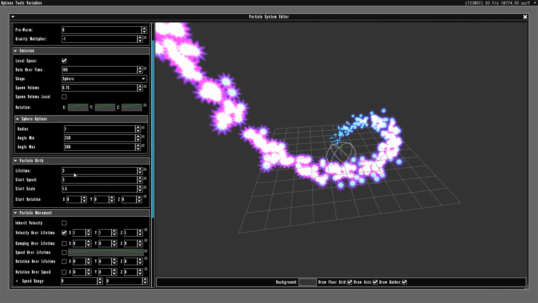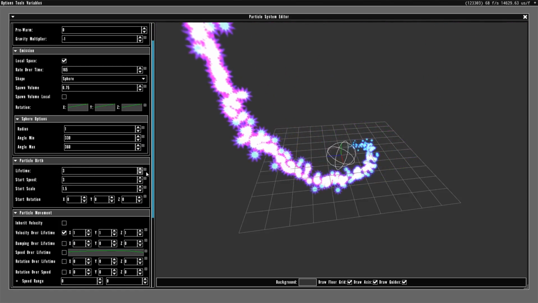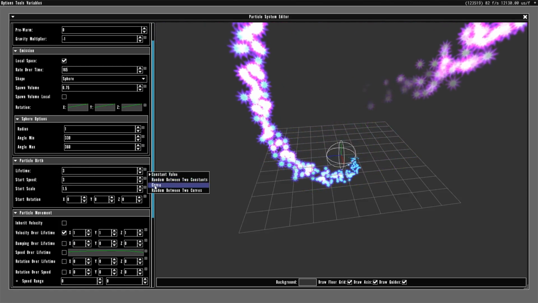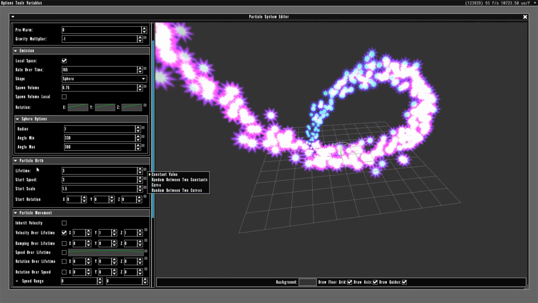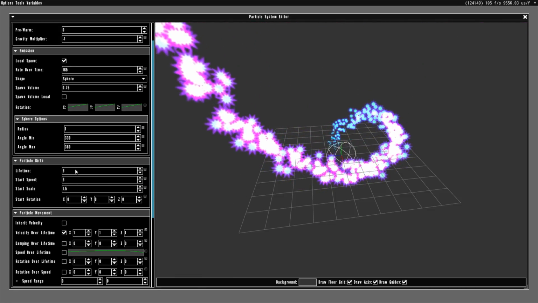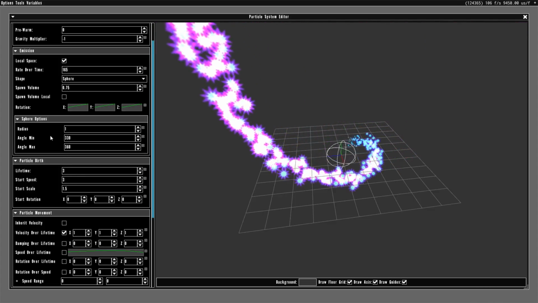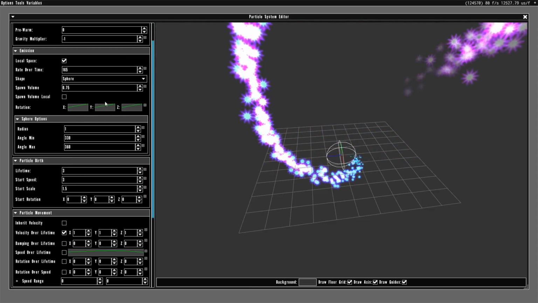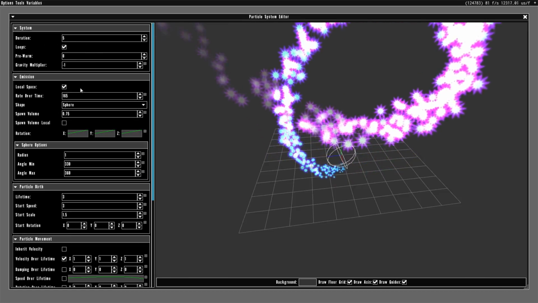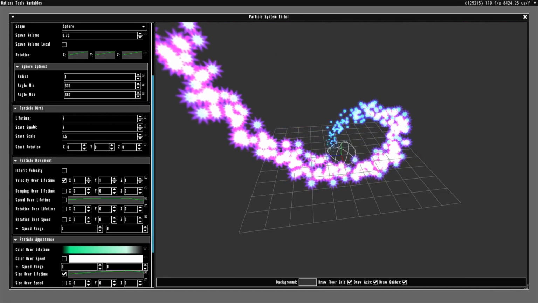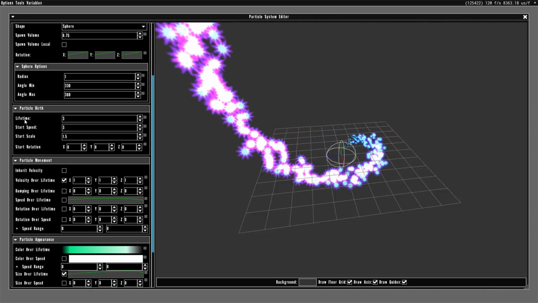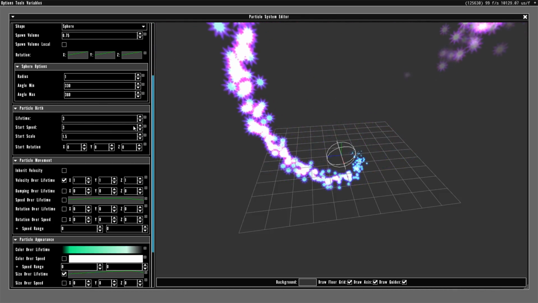You can control the particle lifetime and have it change. If you use a curve or random between 2 curves, you can have the lifetime of particles vary from the start of the particle system duration until the end. And pretty much with all of these starting values, they can be adjusted based off the life